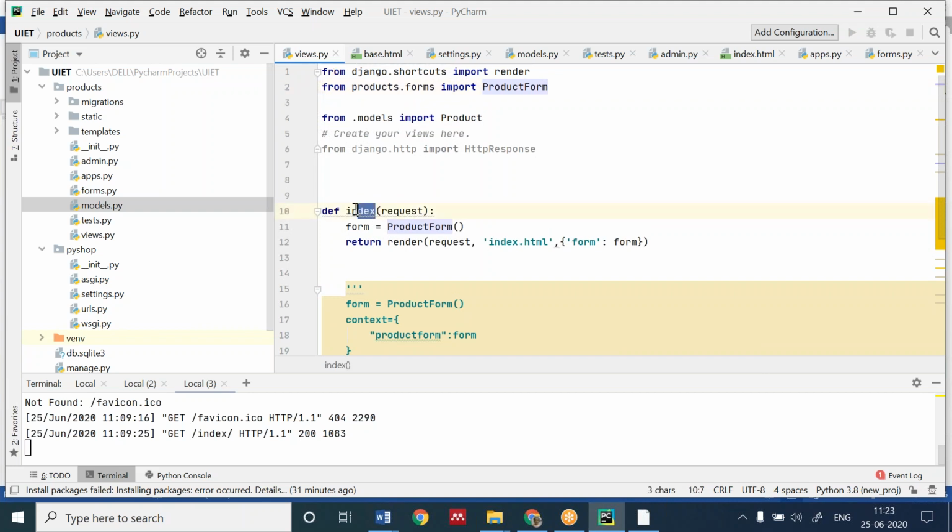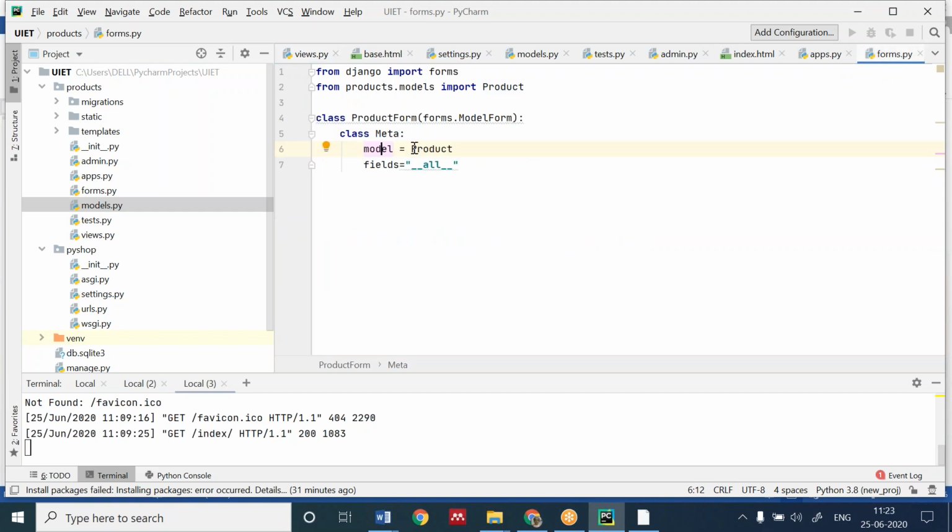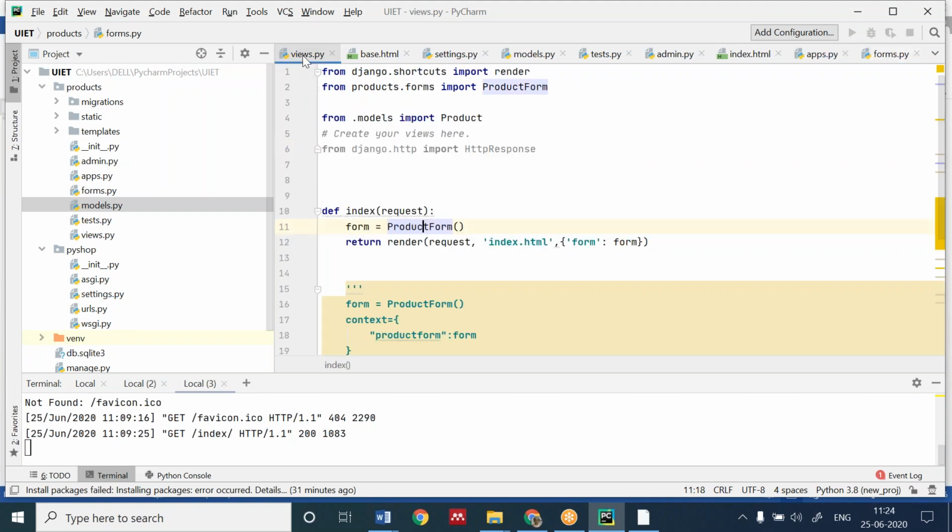In the view, I have created an index function, and I have passed that form which we have just created, that is product form. I am passing the reference and saving it into the form.